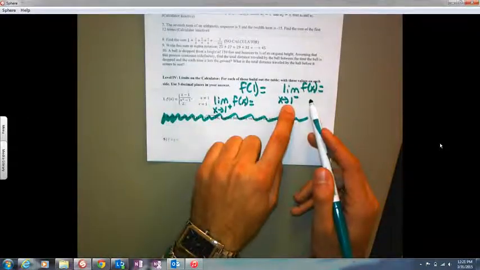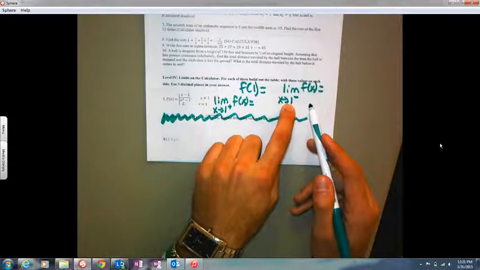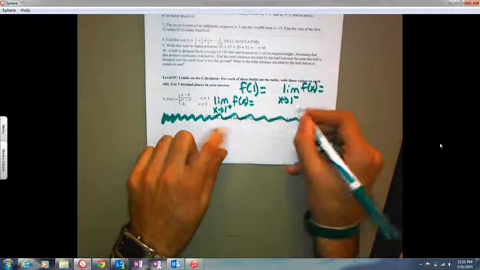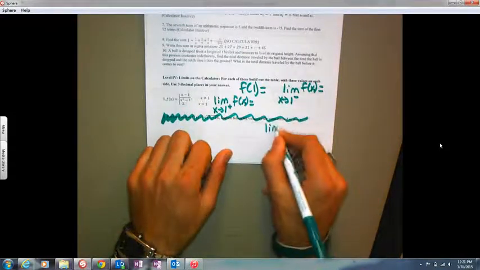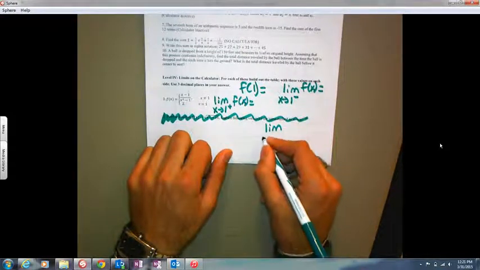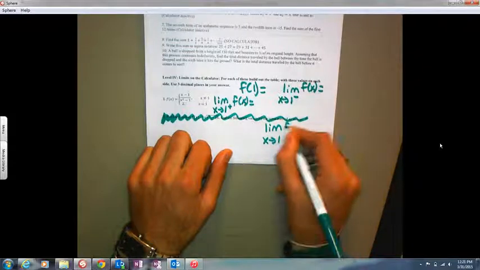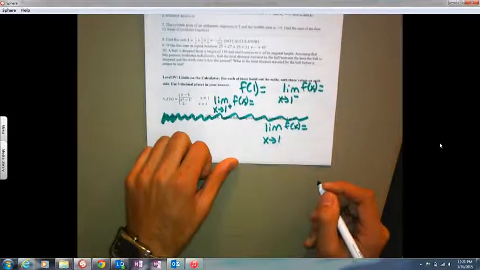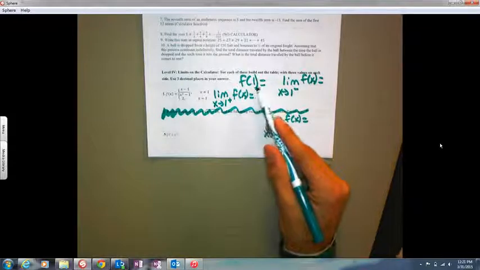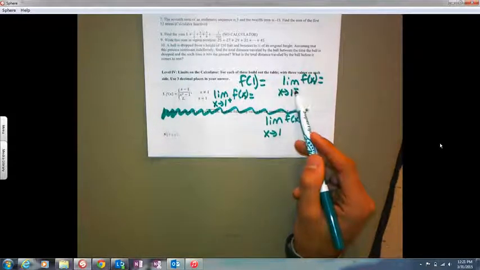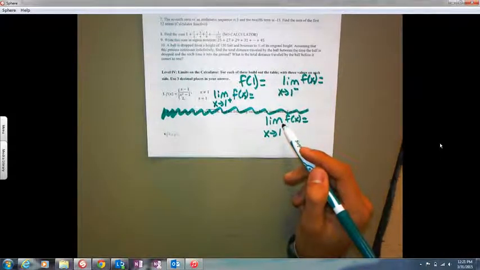1, limit from the left, limit from the right, and finally the double-sided limit. These are the 4 things you need to find. What is the value at 1? What is the limit from the left? What is the limit from the right? And what is the double-sided